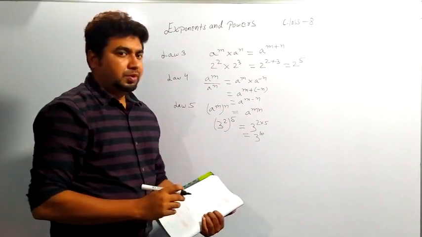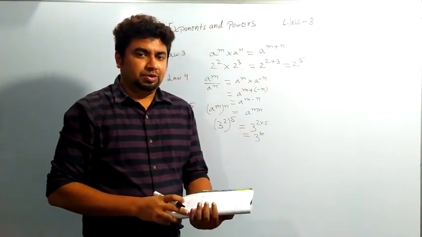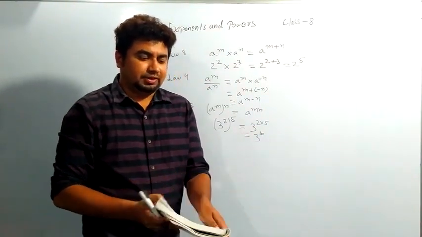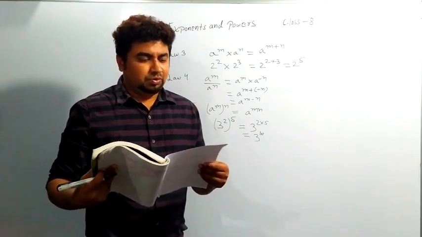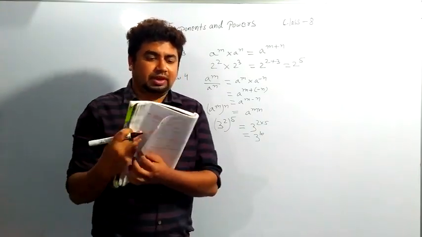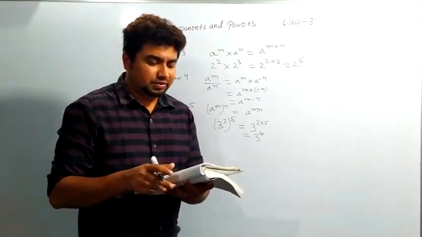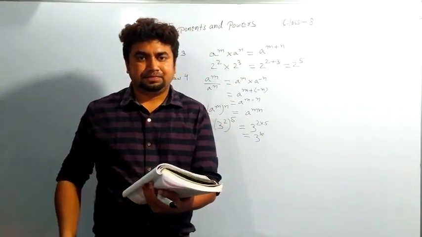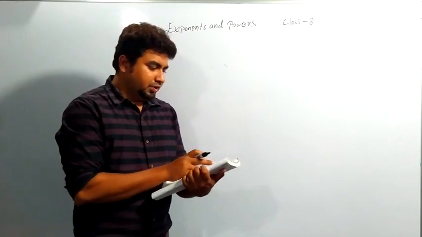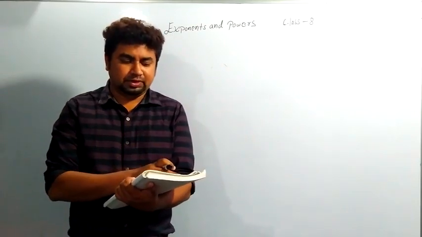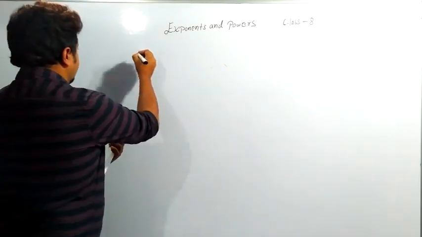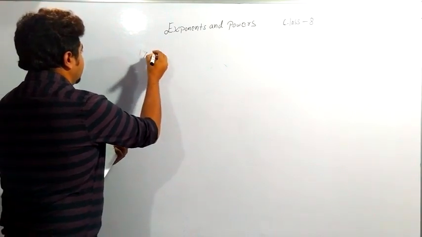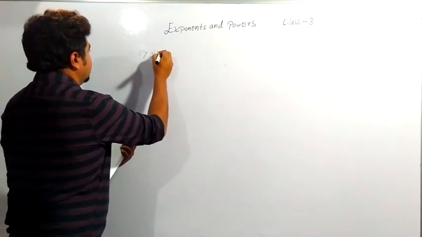Okay. Now we'll be moving to the exercise. We'll be doing some of the questions of the exercise. So we'll be moving to exercise 2. It is written exercise 2 bit 3. We'll be moving to exercise 2, question number 1 bit 3. Question number 1 bit 3 we are going to do.